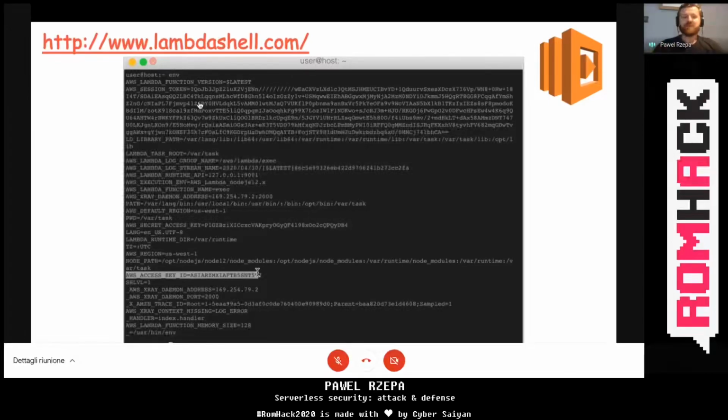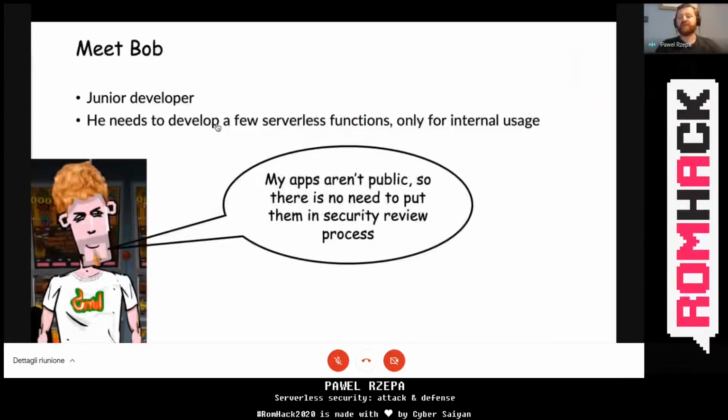And those keys, like AWS key ID, secret key, and the session token, all those can give the attacker the role, so anyone can assume this role outside the Lambda and has the same permissions. So, for example, to put arbitrary content or read the content of this S3 bucket. All right, enough introduction. Let's start with the story I prepared for you today.